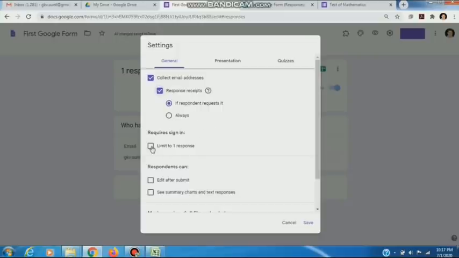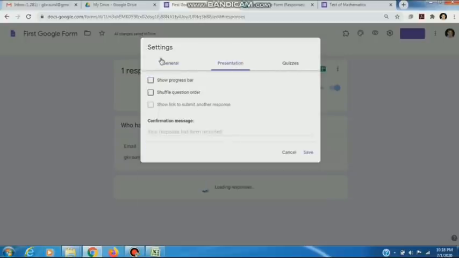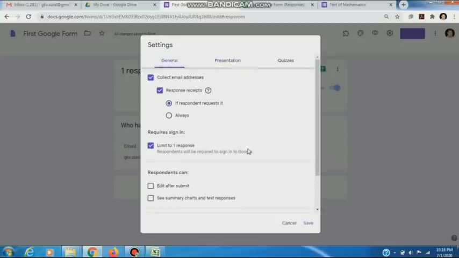Require sign in, limit to 1 response. If you want the respondent to fill the form only once, then we click on this. Otherwise we uncheck this. We can give these permissions also. Edit after submit, see summary charts and text responses. If we want to allow this, then we can click on this. Otherwise we can uncheck them. Presentation and quizzes options we will discuss in the next video when we discuss Google quiz.